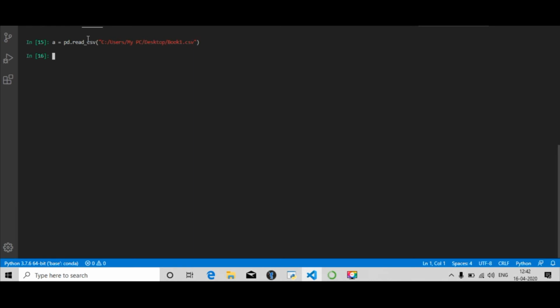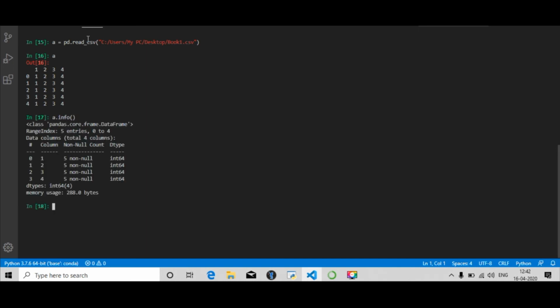If I press enter and see what is there in A, I can see the data has been retrieved from the CSV file, and a.info will give me all the info about this data frame. Data in pandas, after you retrieve it, is stored in a data frame type.